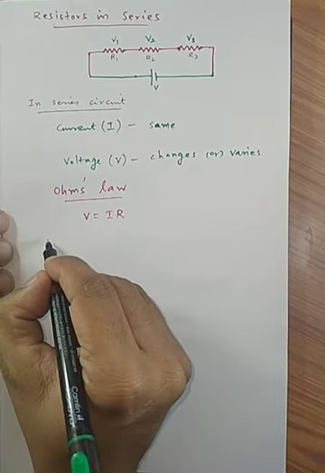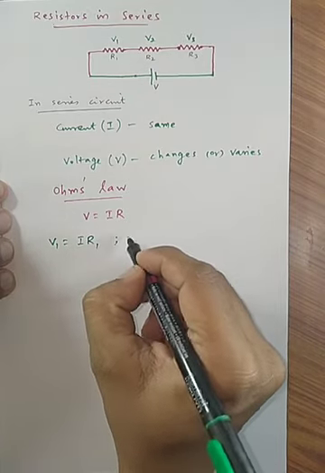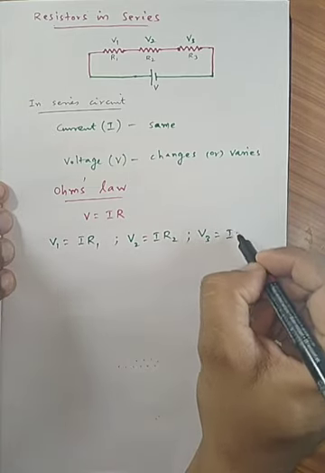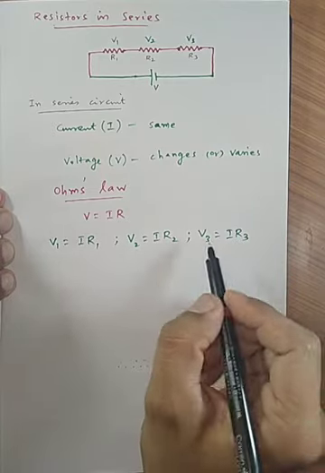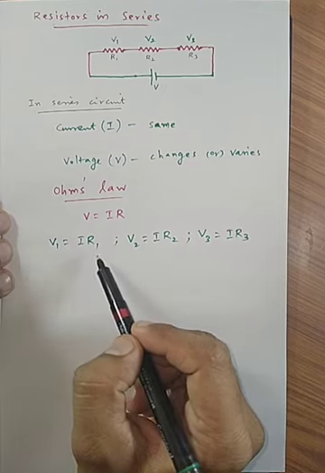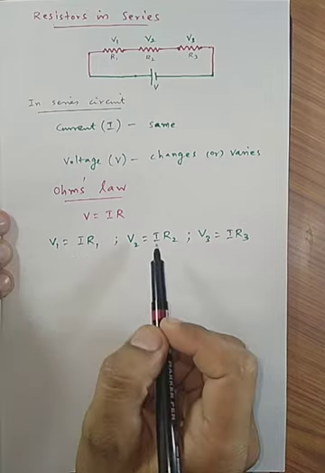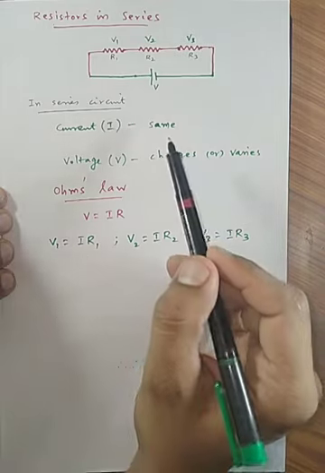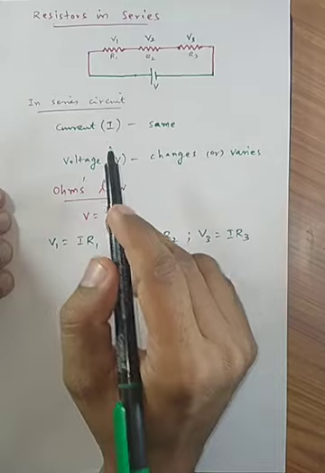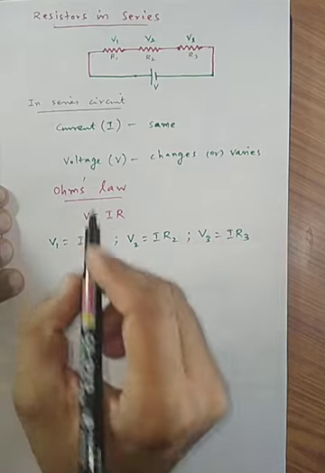Then the V1 value will be V1 equals I R1, V2 equals I R2, and V3 will be equal to I R3. Here you need to notice one thing. We take R as R1 and V as V1, but I is kept as such. It is not taken as I1, I2 or I3. The reason is, as we said earlier, current I remains the same in a series circuit. So by keeping that in mind, we take the current as I in all three equations. Let's move ahead.